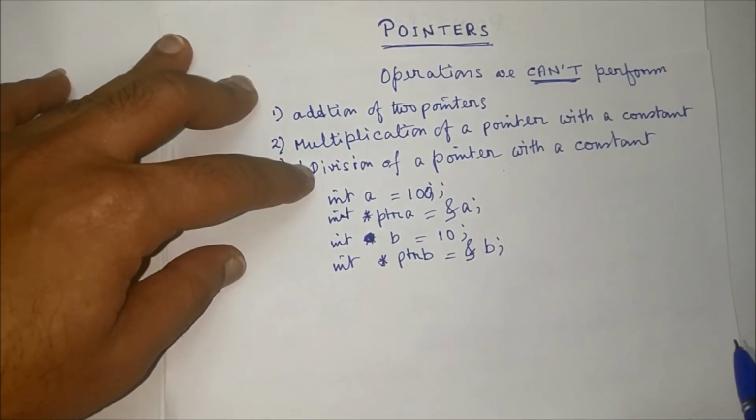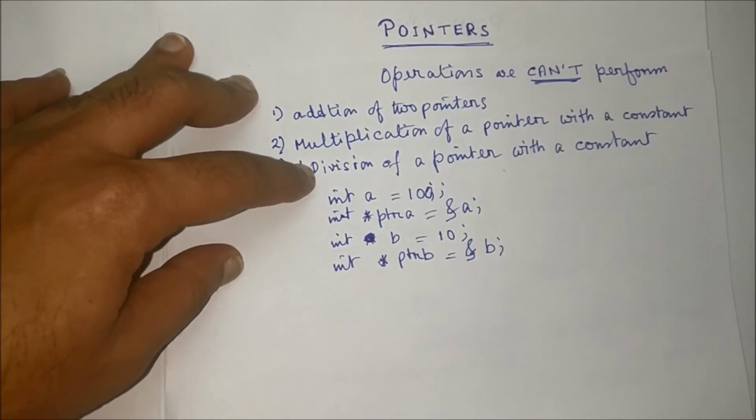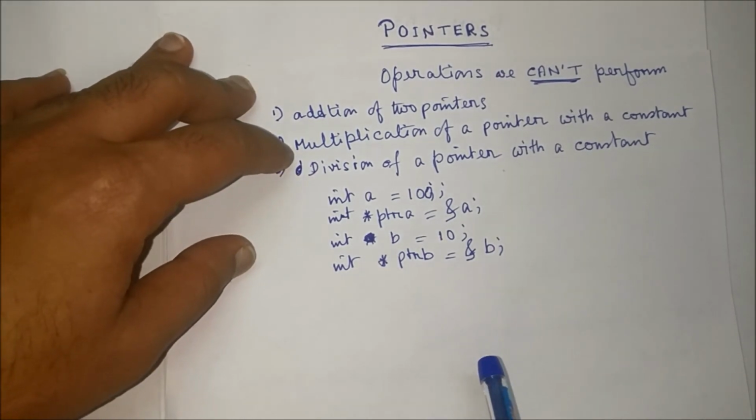Division of a pointer with a constant means you cannot perform the division, dividing a pointer variable with a constant value. You cannot divide a pointer with a constant value, meaning any number you cannot divide. Now I have